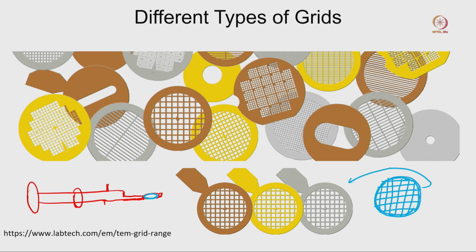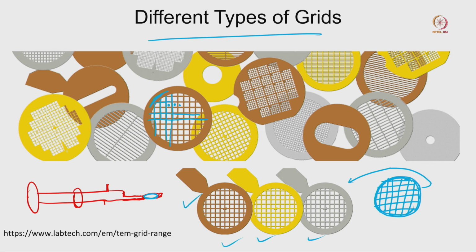So, here you can see some examples of grids. This is the outer layer of that grid, and those are the metal bars. You can see how these metal bars are, and this is the empty place, nothing is there. On top of that you have to put the carbon. Now you can see here a snapshot of different types of grid taken from the web. All these squares are the same size, but they are different colors.